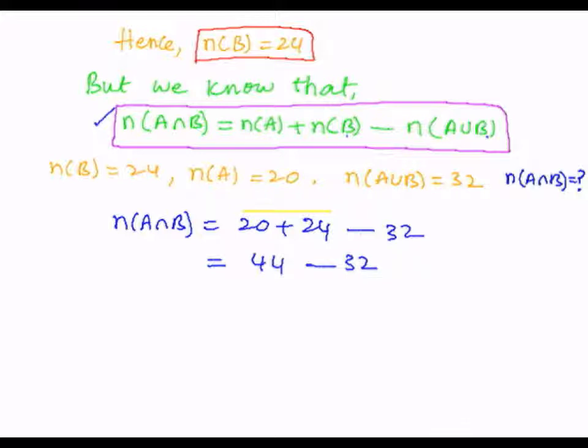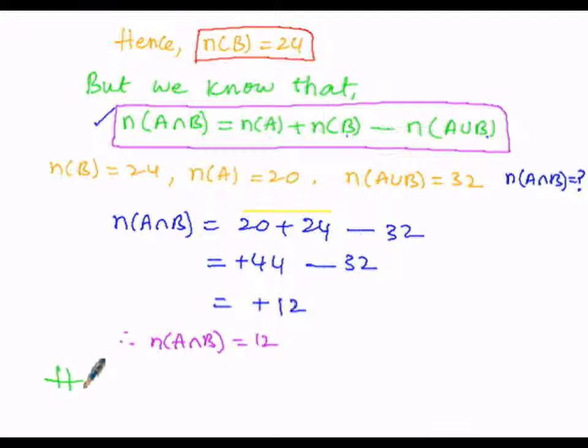To simplify further, here 32 is negative and 44 is positive. So plus of minus is minus, we have to subtract greater minus least, 44 minus 32. 4 minus 2 is 2 and 4 minus 3 is 1, that is 44 minus 32 is 12. To assess the sign here, among 32 and 44, 44 is greater than 32, 44 sign is positive, so we can assess the sign of 12 as positive. So therefore n(A intersection B) is plus 12.